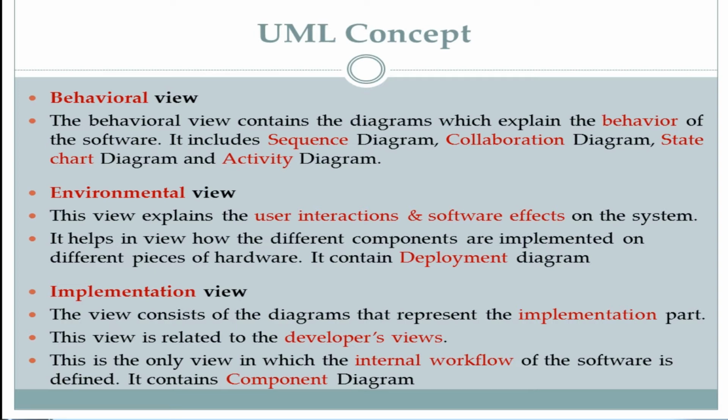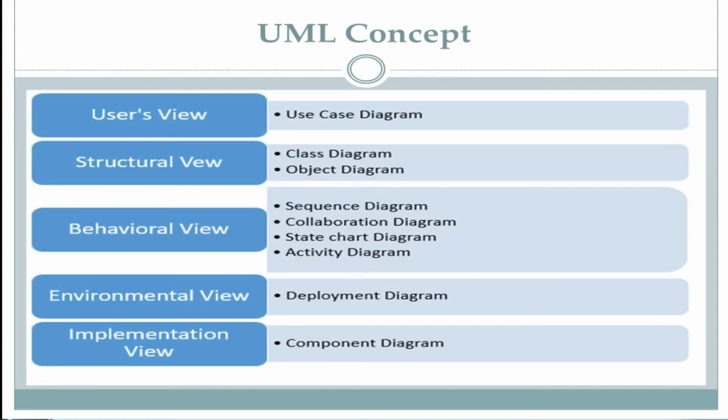So these are the five kinds of views which are used to provide the diagrams using which we can capture, construct and view the proposed model. This is how the different kinds of diagrams are used to view the different approaches of the model. That is, we already discussed user view, structural view, behavioral view, environmental view and implementation view. This picture will help you to understand which diagram belongs to which view, or which view can be understood by drawing or portraying that particular diagram.